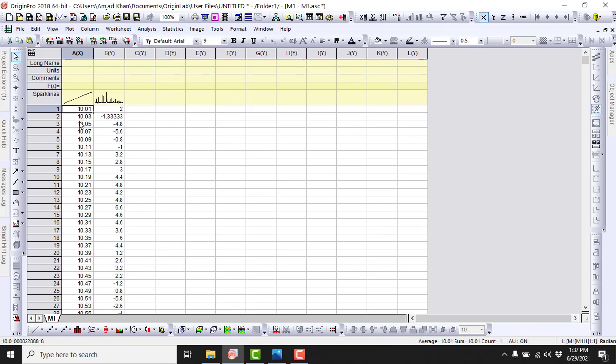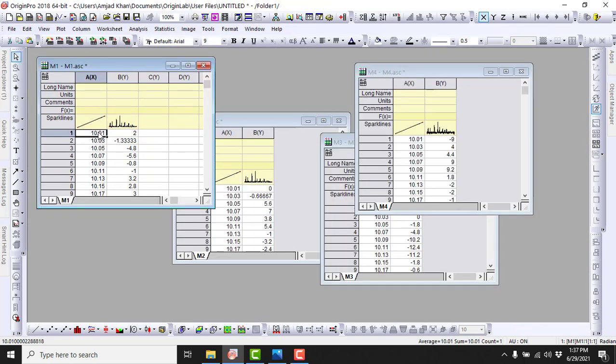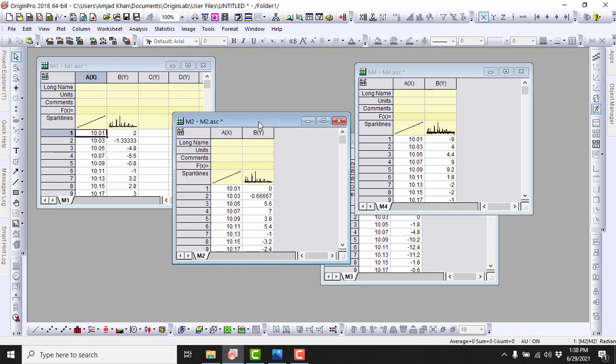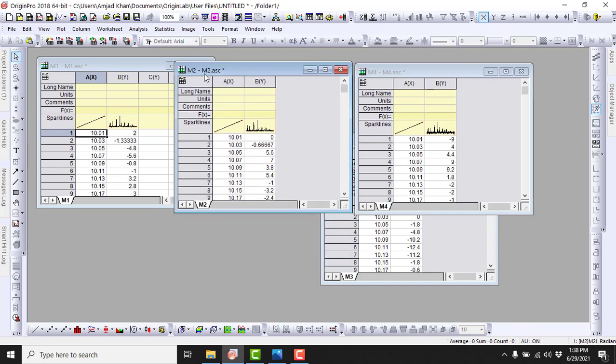Now I need to check the scan rate and the spectral range of the other samples. If the scan rate and spectral range are the same, then I will need to copy the y-axis values only. For example, this is my M2 sample.